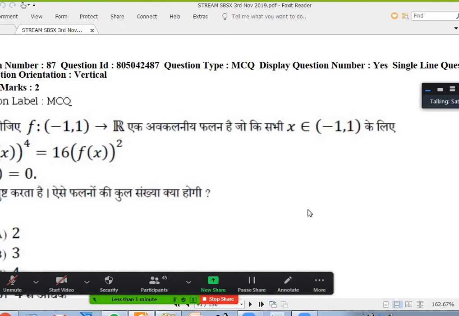You take x square, minus x square and 0. Y equal to x square, y equal to 0, y equal to minus x square. This function will satisfy, this function will satisfy, this will satisfy. You can take this piece and this piece. Among these 3 pieces, you can select any one of them, for the function before 0 and for the function after 0. According to permutation combinations, if this function has 3 choices, this function has 3 choices, total 3 into 3, 9. If you want me to write all those functions,